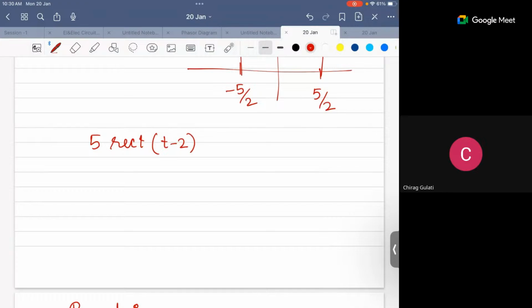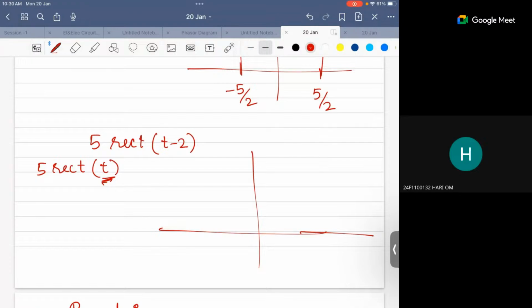What is the width of this function? Yeah, width is 1. Okay, so how will you represent this function? Let's, for example, you just write it as rect, right shifted. Yeah, so the function should be